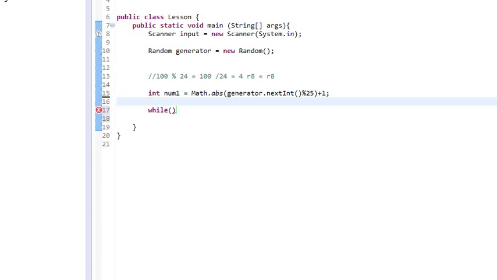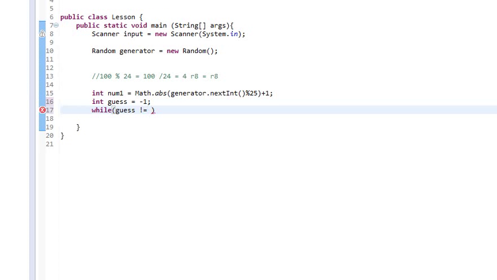Let's create another value too. We're going to call it int guess equals 0. Actually, let's set it to -1, because if this generates a 0 somehow, it shouldn't right now, but if it generates a 0, that would just exit. So we're going to say while guess is not equal to num1,